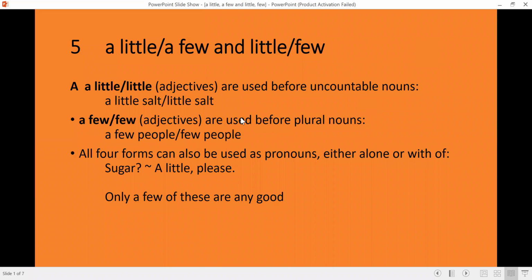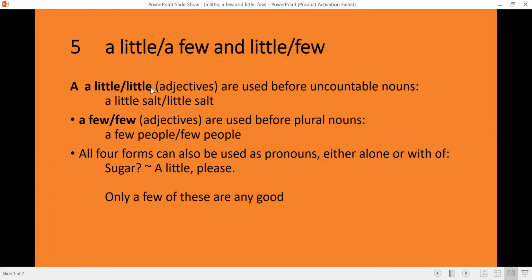Today the subject of my lecture is the use of a little, a few, and little, few. Moreover, I will also discuss the use of the definite article, that is, the. First of all,